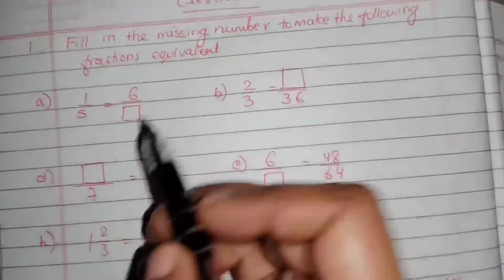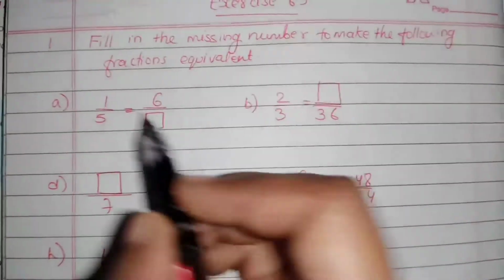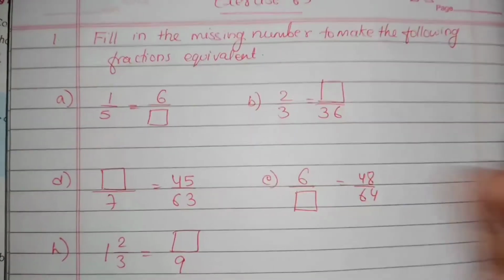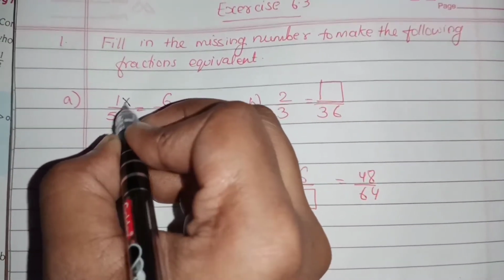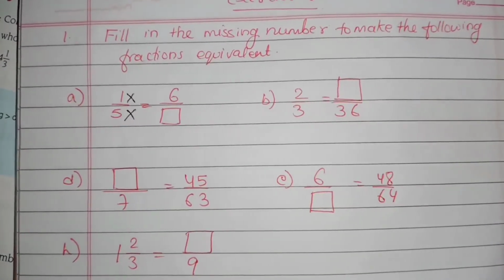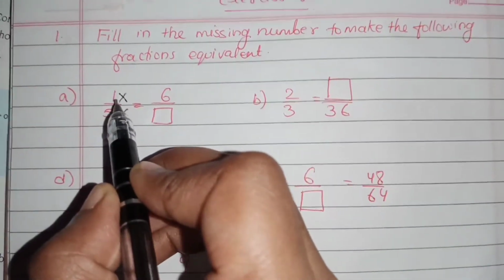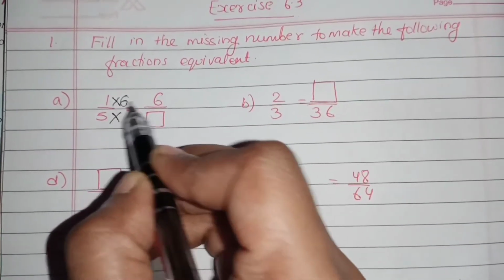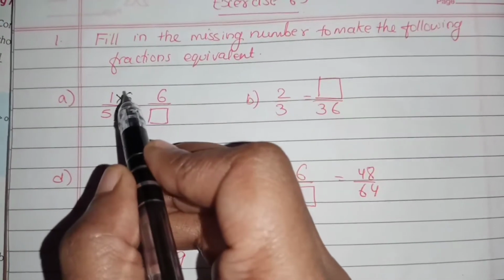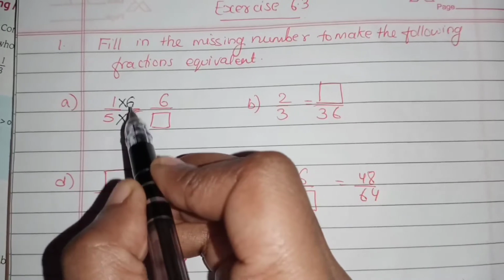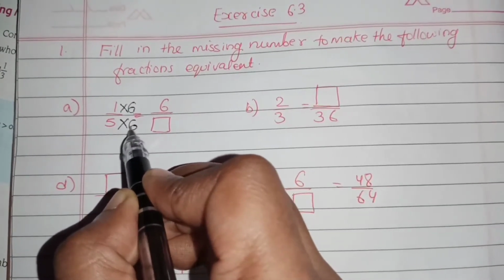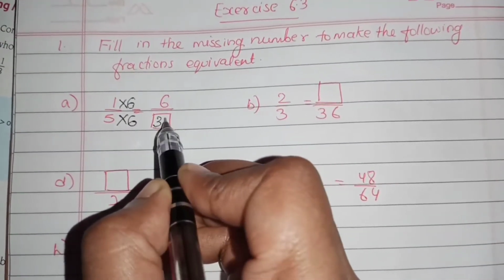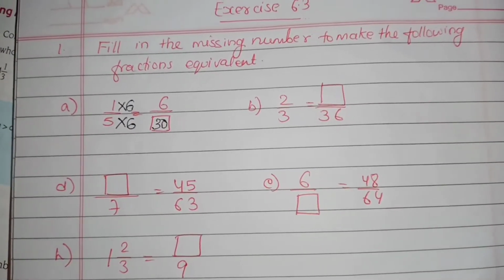Okay, now see here we have to fill this box, no? So how to do? See, this is 6, this is 1 by 5. So what you will do, you will put the sign of multiply. Now 1, how much is 6? Okay, 1 6 is 6. So whatever 6 you have written on top, that is a numerator, you will write the same in the denominator. Now 5 6s are 30. So see, so easily we have filled this box.